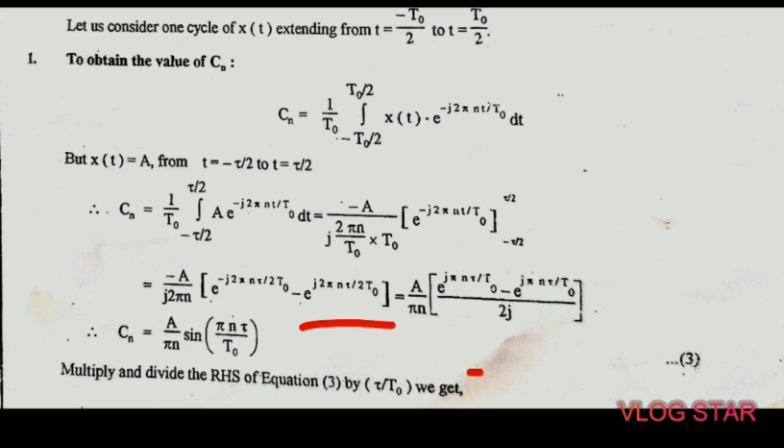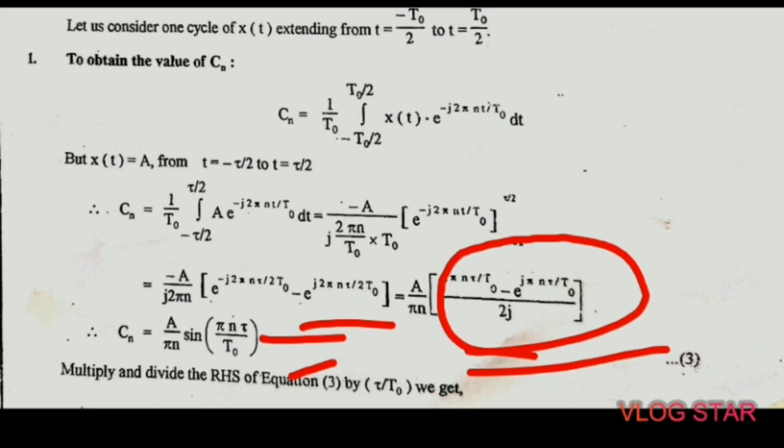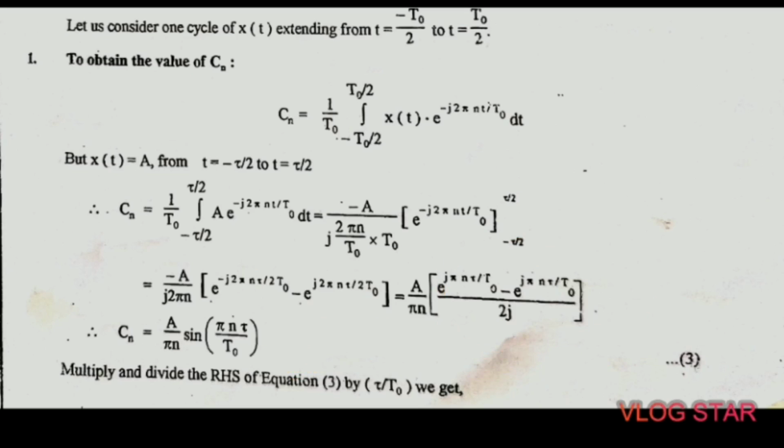Okay, so that a upon pi n, we have to just arrange the given equation in terms of sin theta, that is e raised to j theta minus of e raised to minus j theta upon 2j is equal to sin theta. So this arrangement becomes the value of sin theta. Okay, so after that equation becomes Cn is equal to a upon pi n into sine of pi n tau